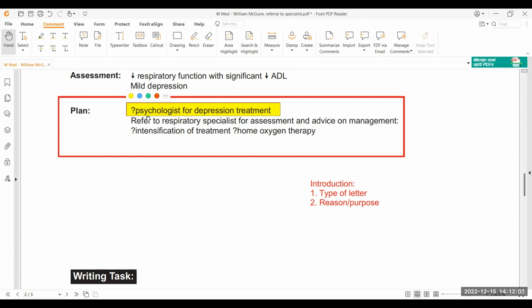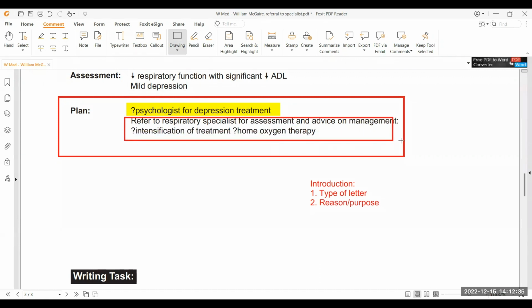Yeah. So what this would mean is maybe as the GP of the patient, Dr. Tatiana, you'll probably be writing another referral letter. As a GP for the psychologist. Yes, correct. So this first line here is for another specialist, the psychologist. But clearly, the scope will be under this line here, which is the referral to respiratory specialist for assessment